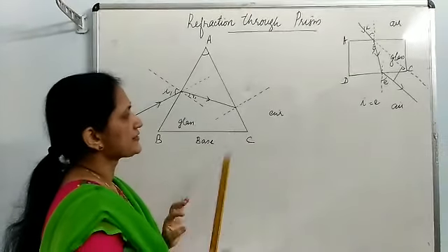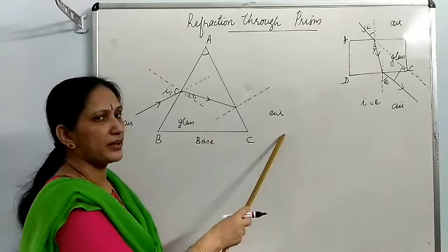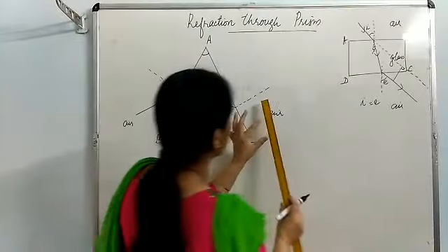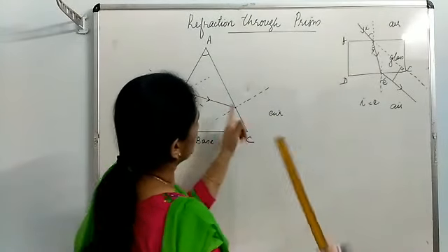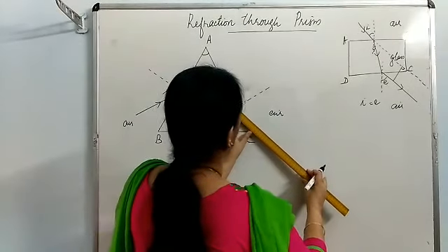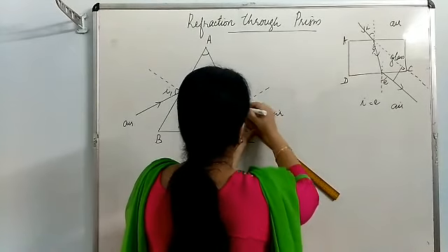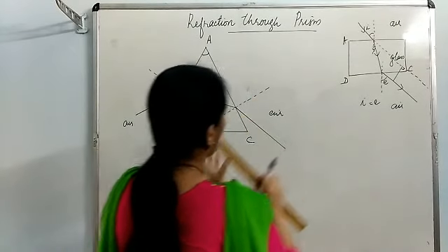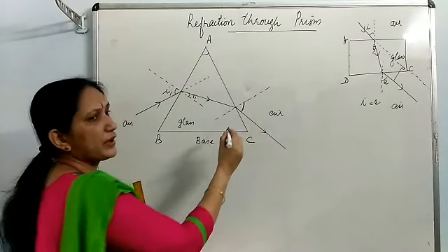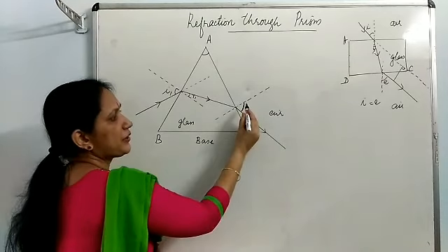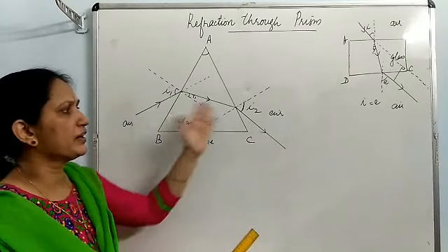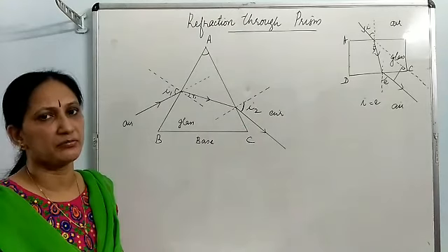This is the normal. Since the ray is entering from a denser to rarer medium, the ray will bend away from the normal. This is the original path. It can't go like that. It undergoes refraction and it bends away from the normal. It comes out like this, and this ray we call as emergent ray, and this angle we call as angle of emergence. Angle between emergent ray and normal, and I am giving the symbol I2 for it. You may give the symbol E also in your book, which symbol is given, that I am following.